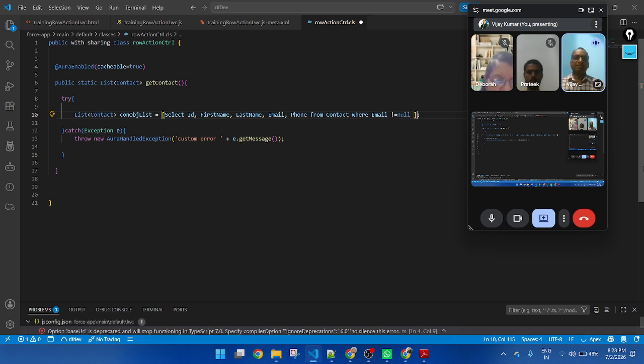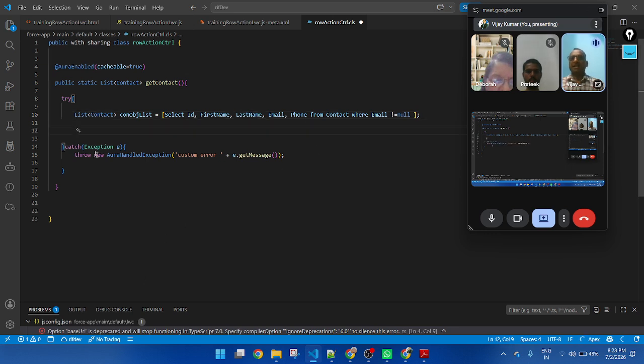That means it will return records where email is not null. So first I write a SOQL query to fetch the list of contact records. Here I am fetching four fields: first name, last name, email, and phone. And after that, here you can use return.